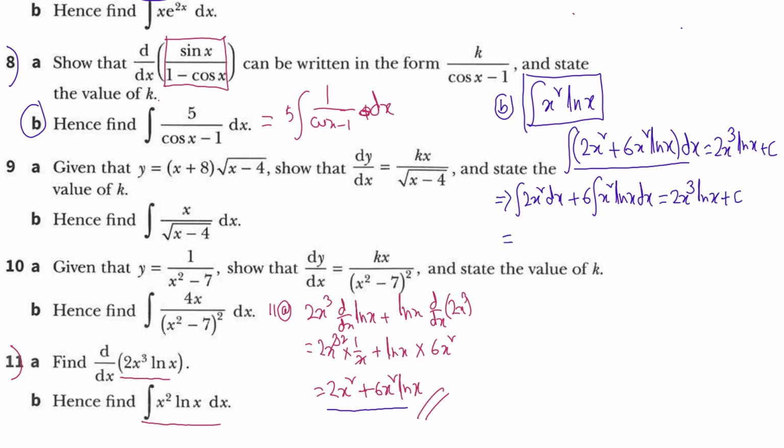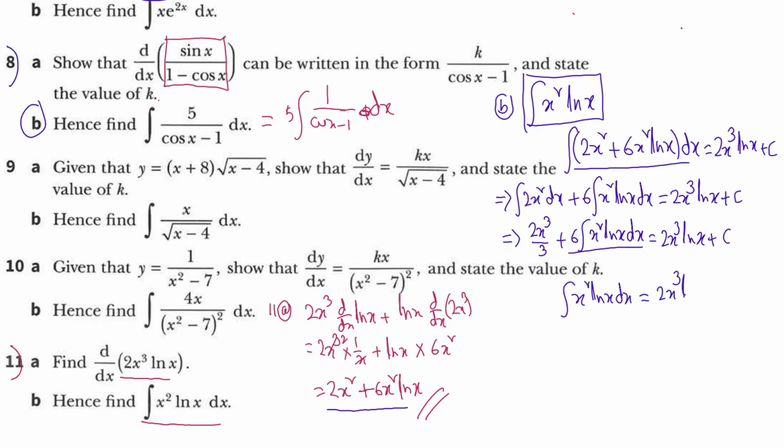So if we integrate this one, 2x square gives us 2x cube by 3, then plus 6 of that expression x square ln x dx equals to 2x cube ln x plus c. Now let me make this one as a subject. We can write it x square ln x dx equals to